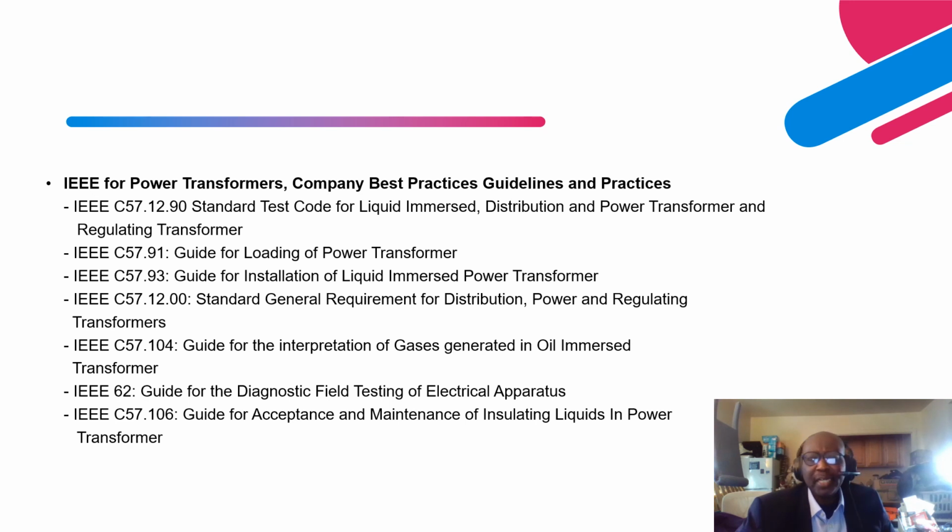The first one that I can think of is IEEE C57.12.90, right? Basically this provides all the test code, all the different testing that can be performed on a liquid immersed distribution transformer, power transformer, and regulating transformer. Then IEEE C57.91 provides the guide for loading of the power transformer. And you can go further by saying that, okay, sometimes